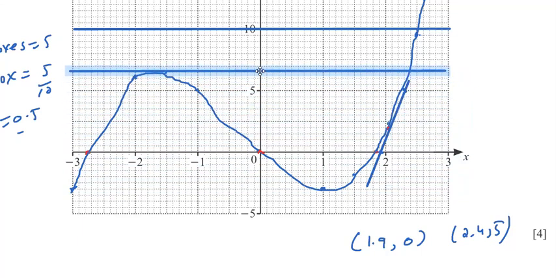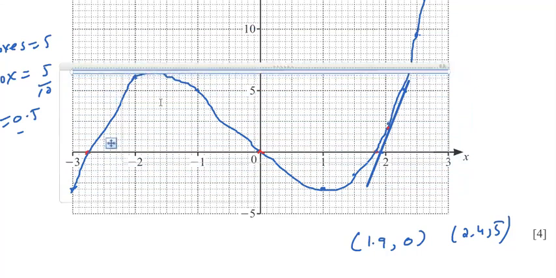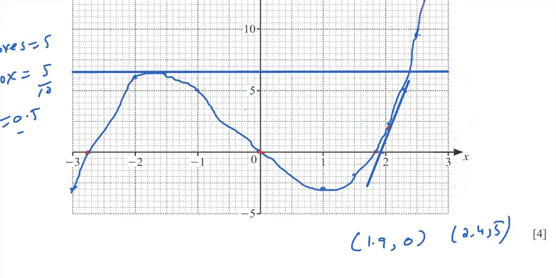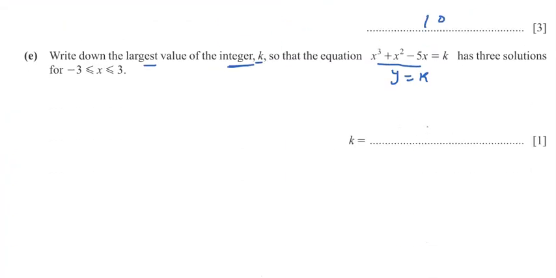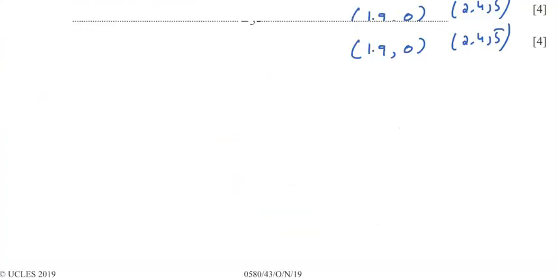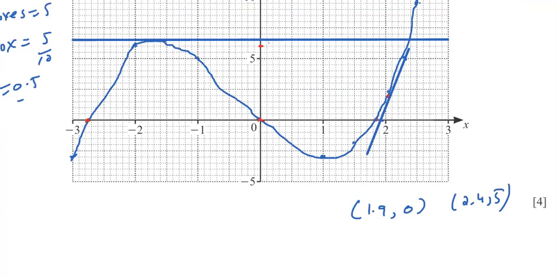So in between, if I look at this one, what is this value, after that it will have 3 solutions. If I check, this one is 5.6. So it means 6 is the largest integer, because we need an integer. 6 is the largest integer where it will have 3 solutions. I will say the largest value of k is 6. If you are asked the least value, then check where the least value is by bringing it down. We can also check. The least value will be on the side.